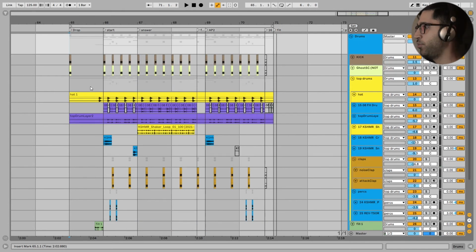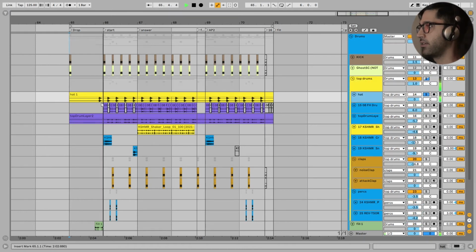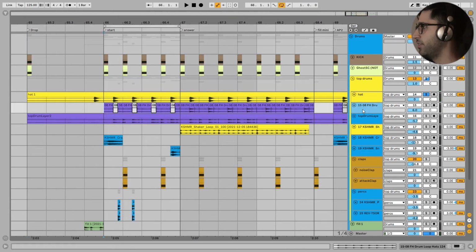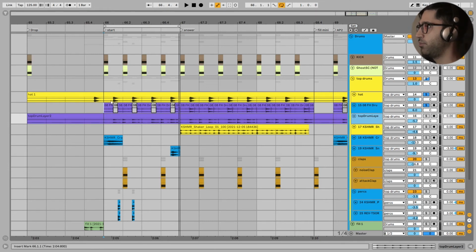Perfect. Guys, there are so many layers in these drums to make them so groovy. The first one in the top drums is this simple open hi-hat. And then this layer, let me loop this section first. And then this layer of more complex hi-hat are completing this first hat. And together, perfect. And then this third layer is a drum loop which I have layered with these top drums right here,